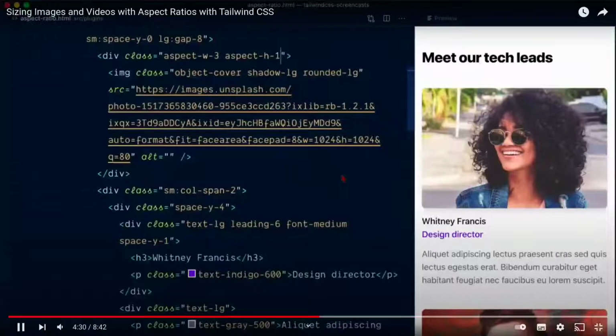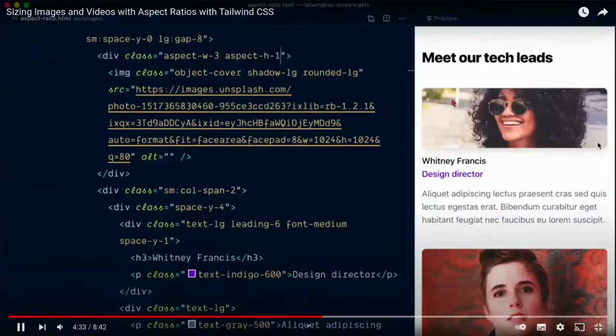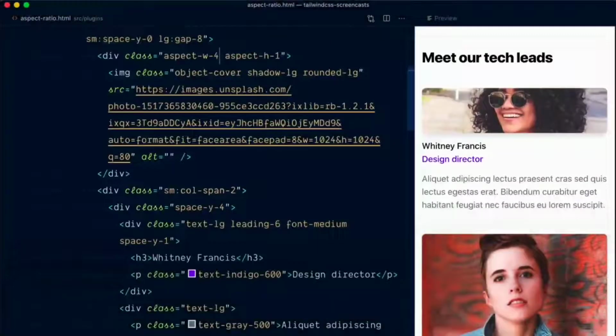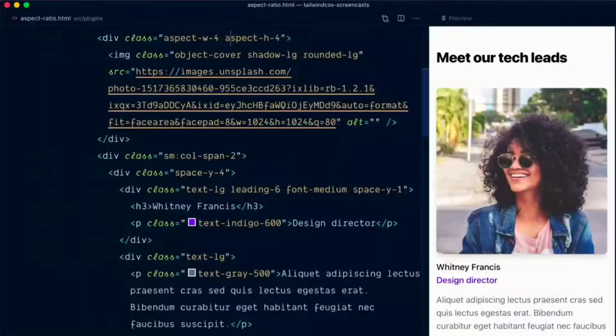Let us change the aspect ratio. So now we have 3:1, as you can see. We have the flexibility, so we can play with it according to the requirements. So we can have a square. Okay, let us implement the